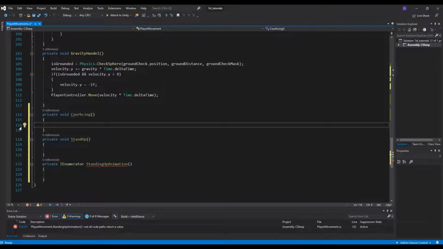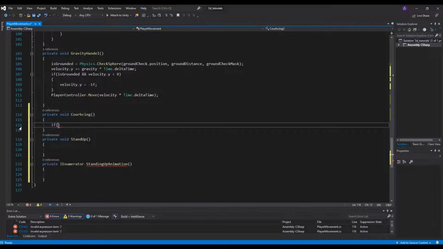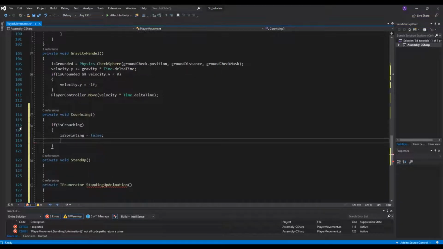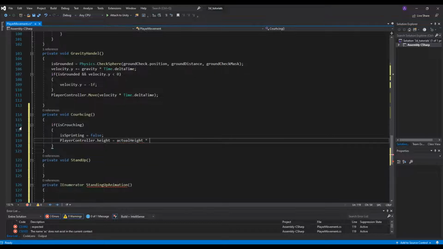In here we should see if our character is actually crouching. So let's say if is crouching. So if it's true, the player cannot sprint. So let's say is sprinting would be false. And the player controller dot height equals to the actual height times crouch